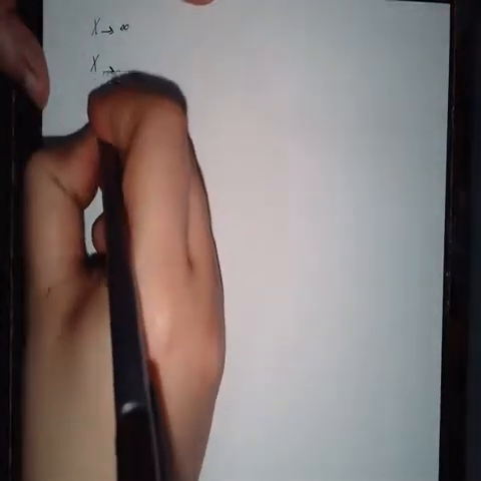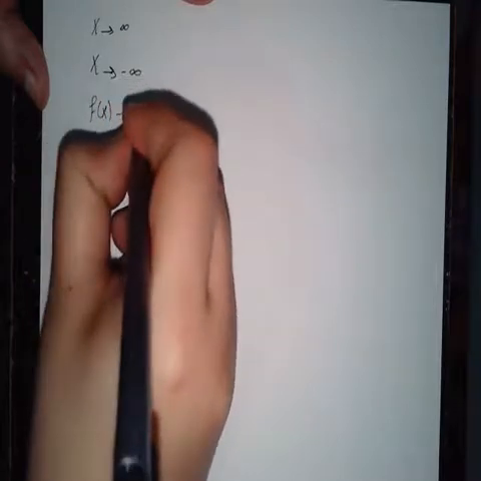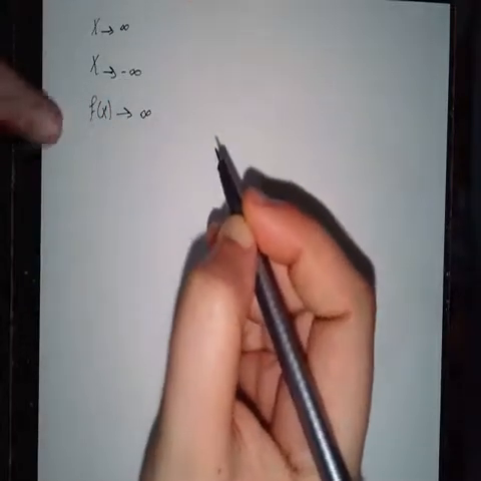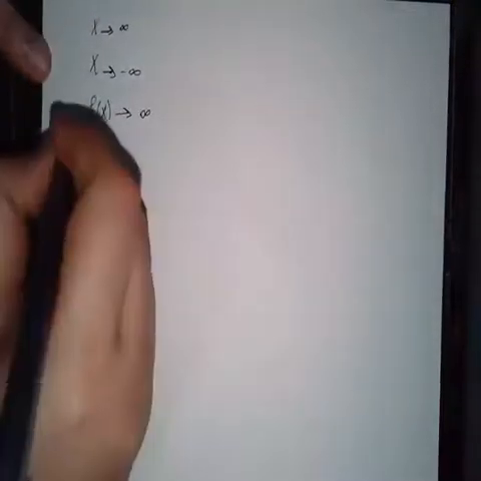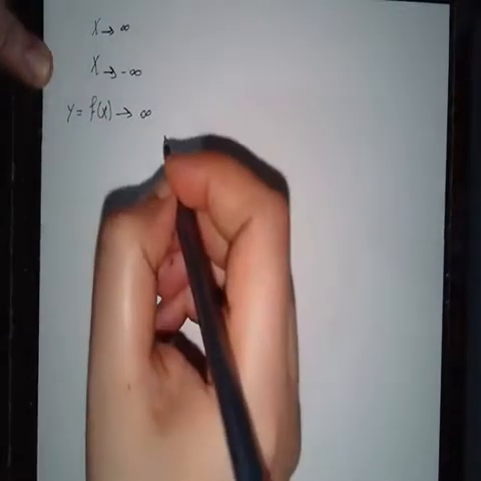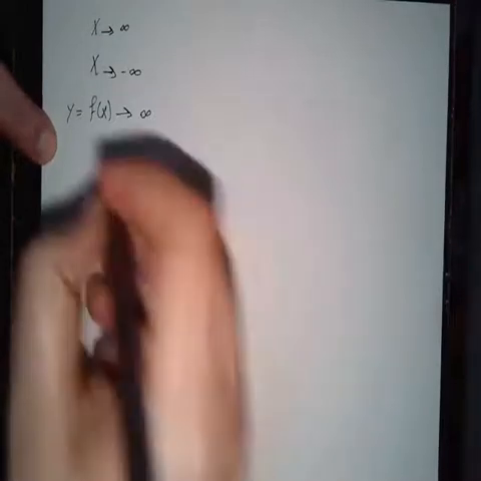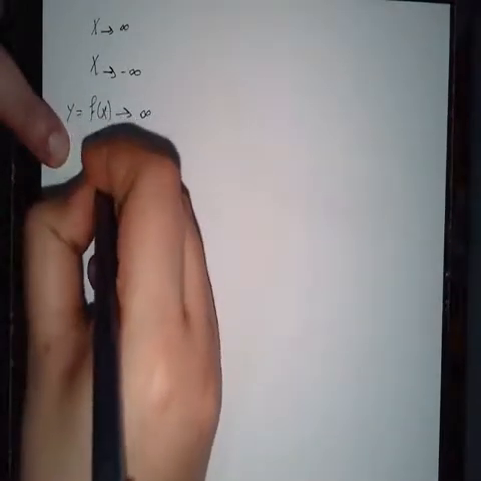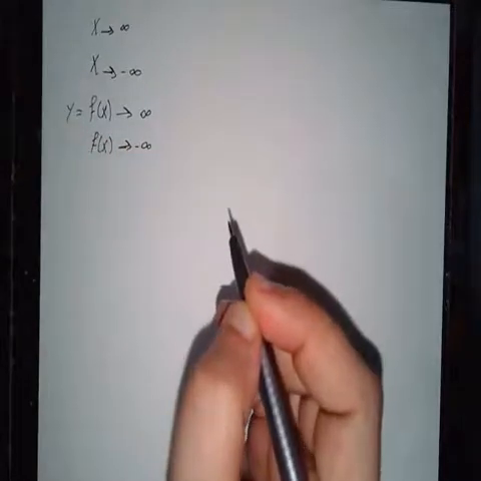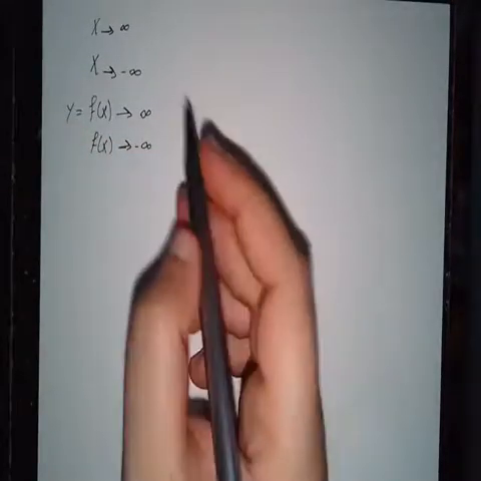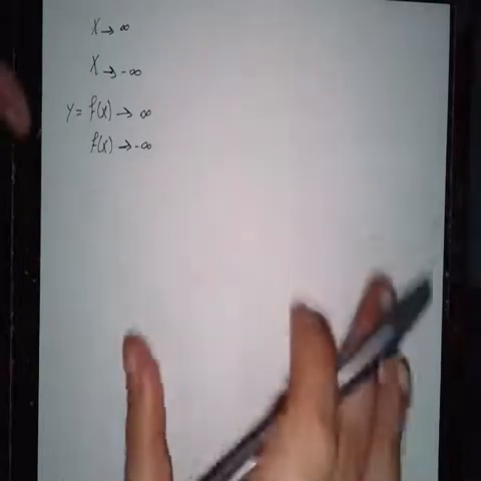And if I write it like this, by that I mean that f of x is what's going to infinity, and by f of x I obviously mean y, because these two are the same thing, if you guys remember, right? And if I write it like this, I obviously mean that f of x is going to negative infinity. So when I say that one of these goes to negative infinity, what I mean is